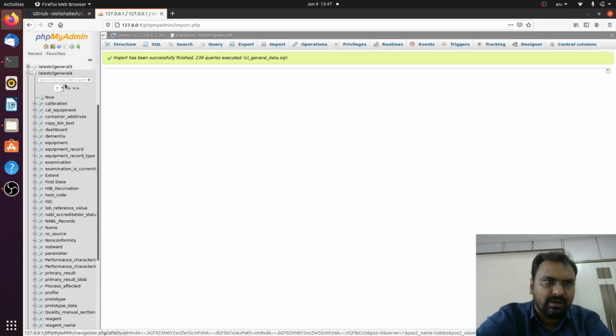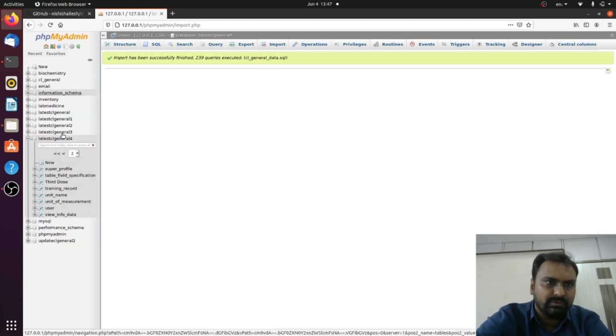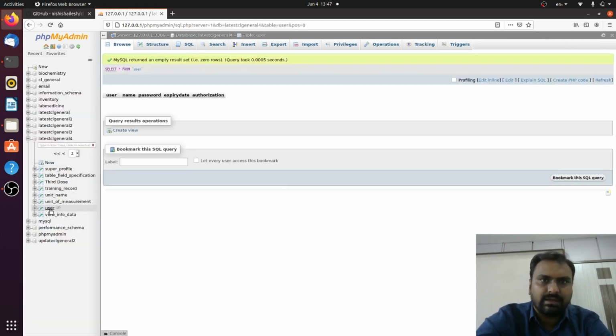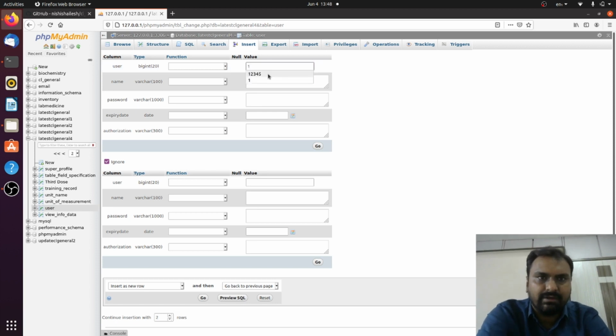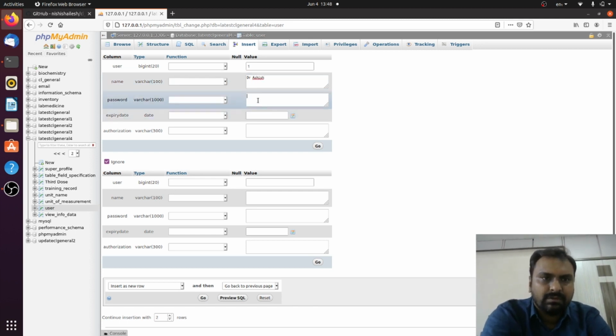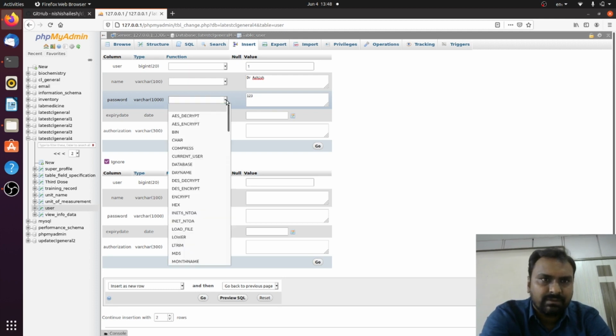Okay, now you have to go to the user table and create any username. So like insert, go to insert and write the name. Give the ID like 1. Suppose I am giving the ID 1, name Dr. Ashish. Okay, password, and after writing the password, suppose 123 is the password, select here and go to encrypt.